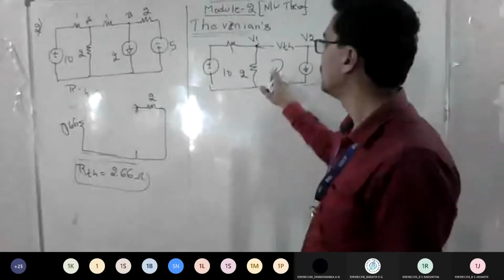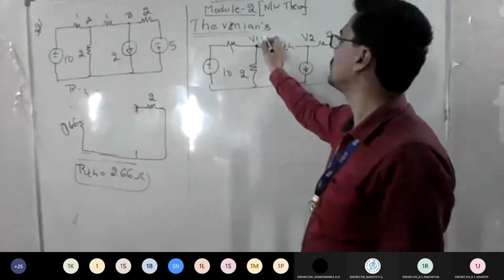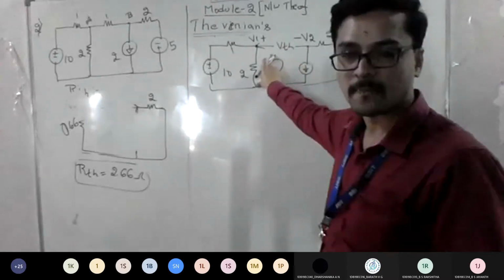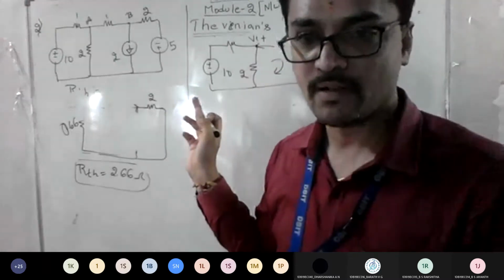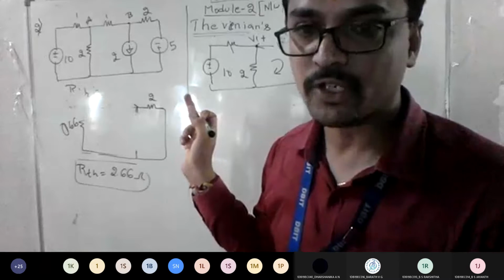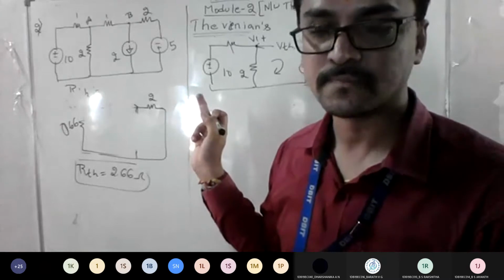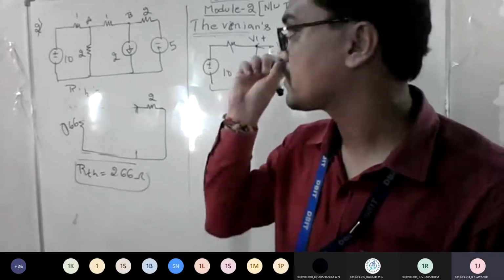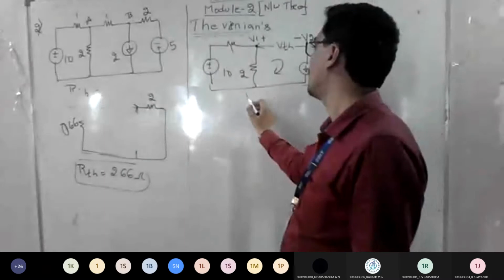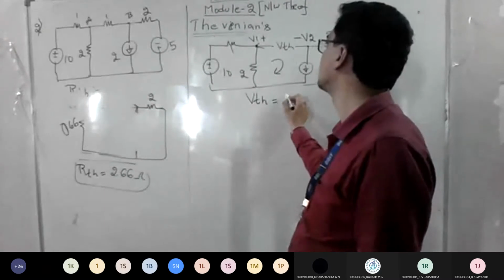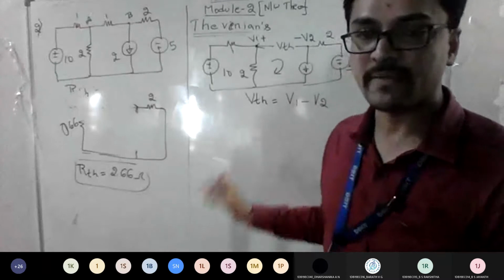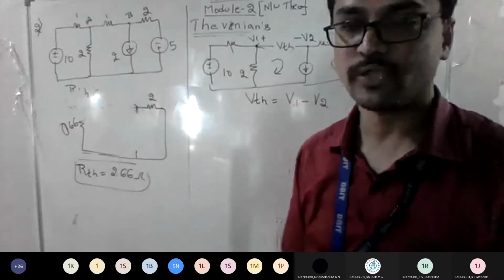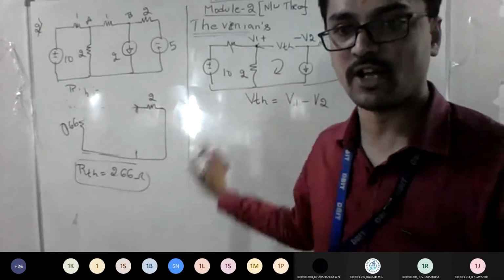So always remember, plus or minus means the polarity will be like this. I told the logic, right? Which one did you give the highest preference, V1 or V2? V1, sir. So it means I need to find VTH as V1 minus V2. If we get V1 minus V2, that itself is the voltage across that load.